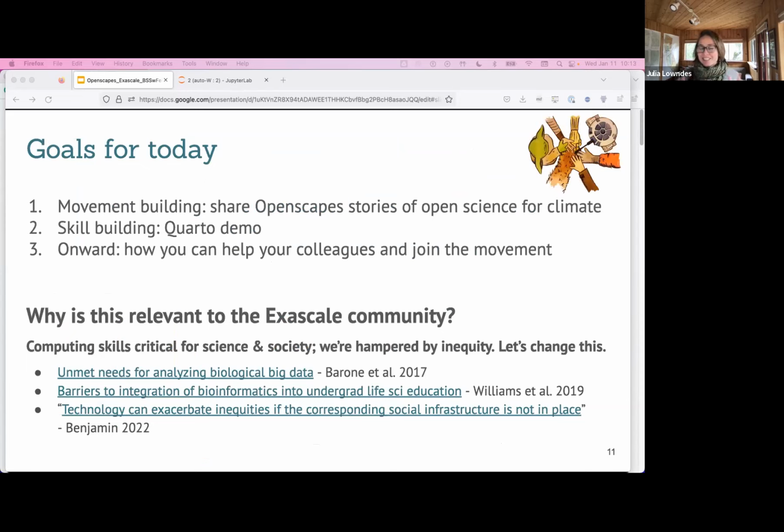So let's take a breather and talk about our goals for today. I would love to first talk about movement building and share stories of open science for climate through a lot of the collaborators and leaders we have in the Openscapes community. And then I'll do a short skill building demo using software called Quarto that you'll see examples of throughout the stories. And then we'll end with how you can help your colleagues